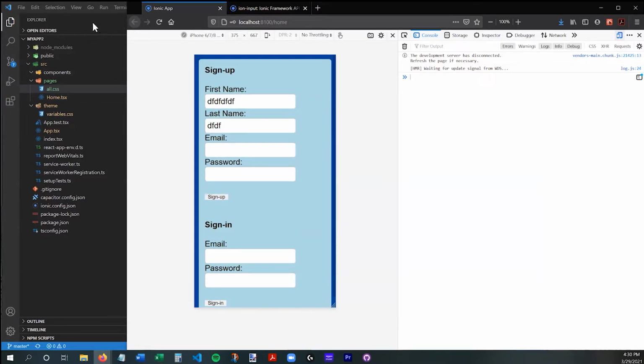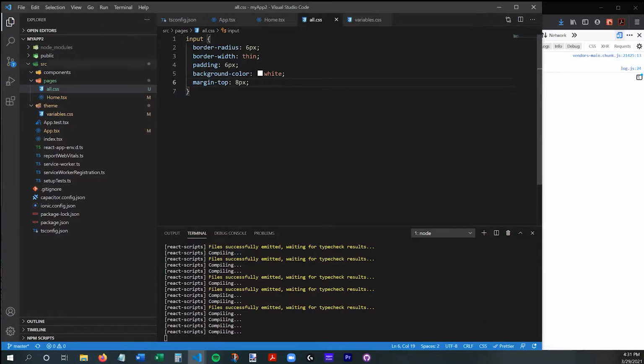It didn't work because Ionic is encouraging you to use their inputs at this point. And they've already sort of decided what the margin should be between something above an input and the actual input itself. Now, how do you get around that? The way you get around that is you add